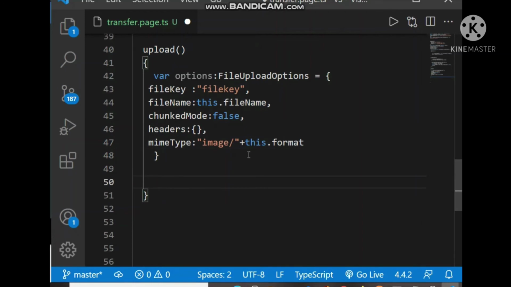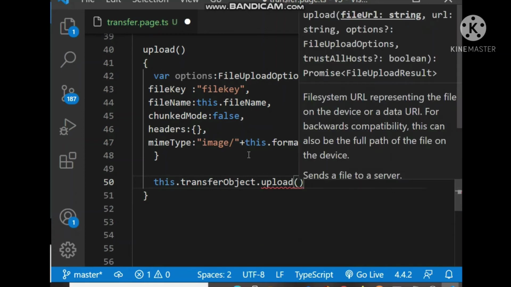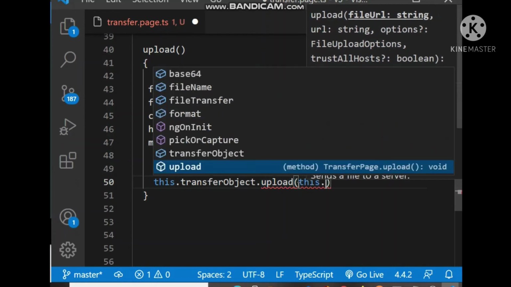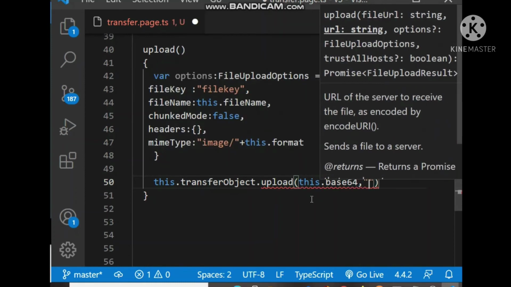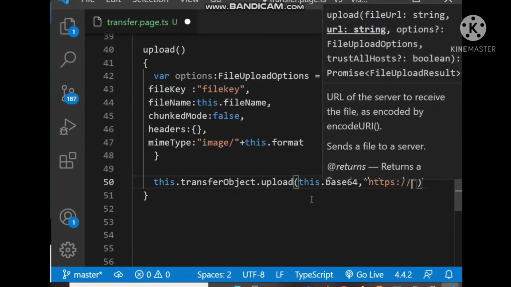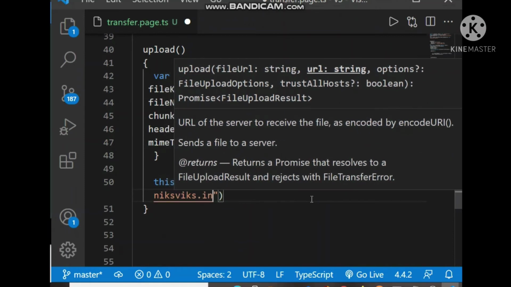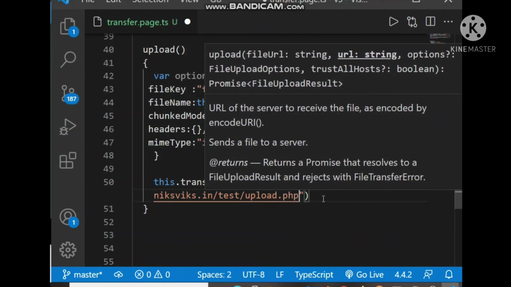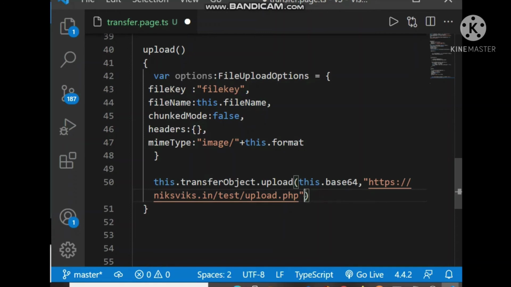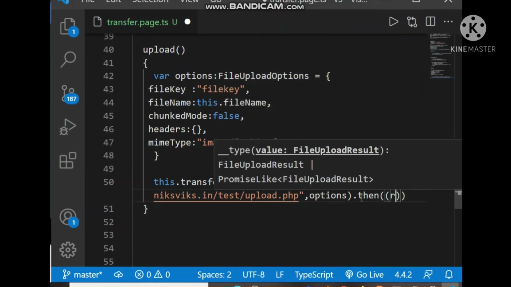Then next we will call transferObject.upload, and the file URL is the base64 this time, this.base64, and the server URL. The server URL is https, xmix dot, test, upload.php, with the options, then result.